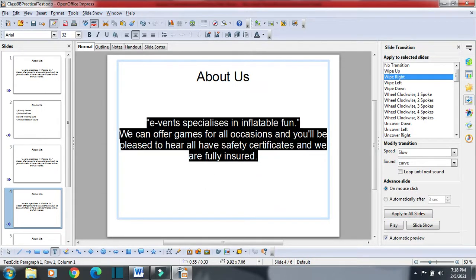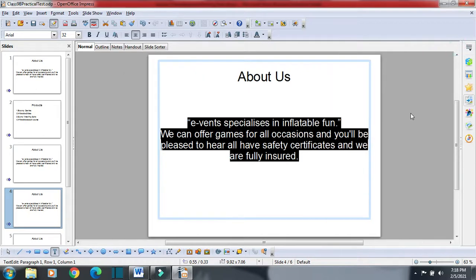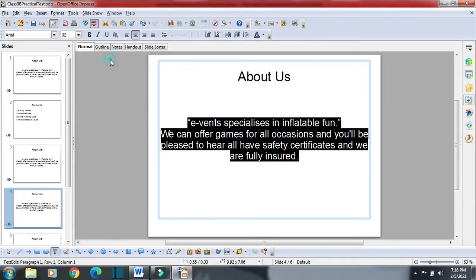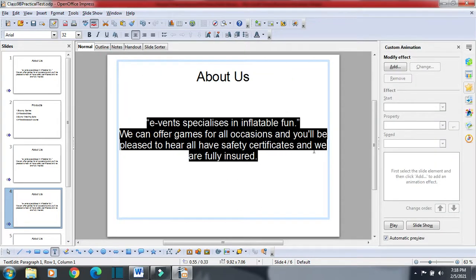Okay, for that we will go for custom animation. So I will click on slide show and then I will click on custom animation. Okay, here I will click on add.